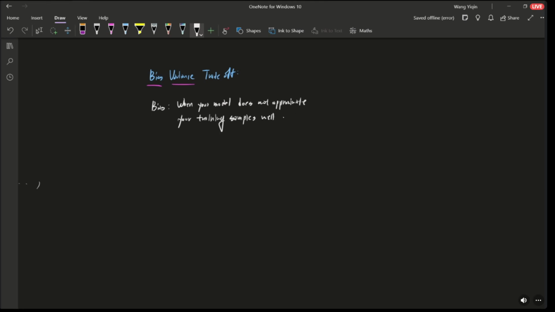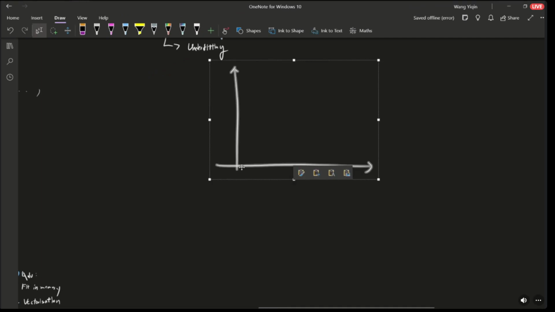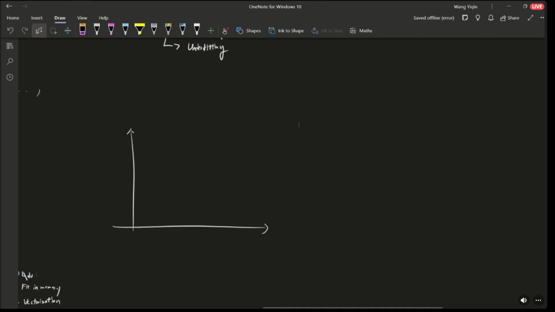Does not do it very well, or in other words, your model is really inflexible, right? And this generally translates to the issue of underfitting. So to illustrate this, let's have some plots. Let's say we have your labels and your x, and you have some